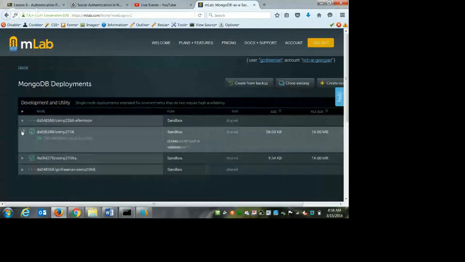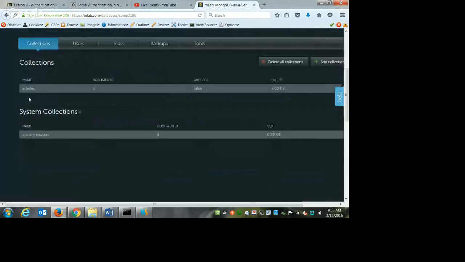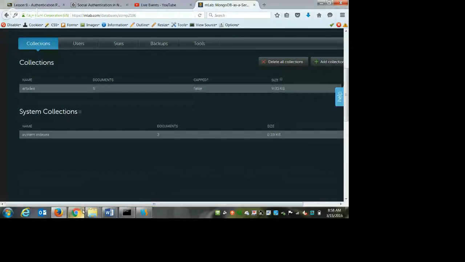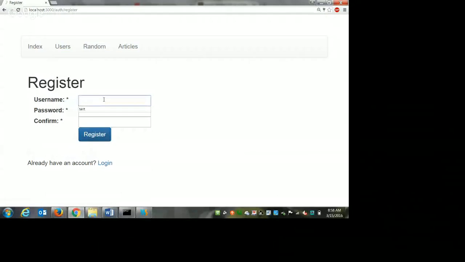So here's the database I'm connecting to. Notice I only have one collection. All I have is articles. There is no predefined space to store user accounts. If our passport register function works properly, it will build the collection and assign it an automatic ID. We'll try it out and we'll see what happens. So if I want to register,